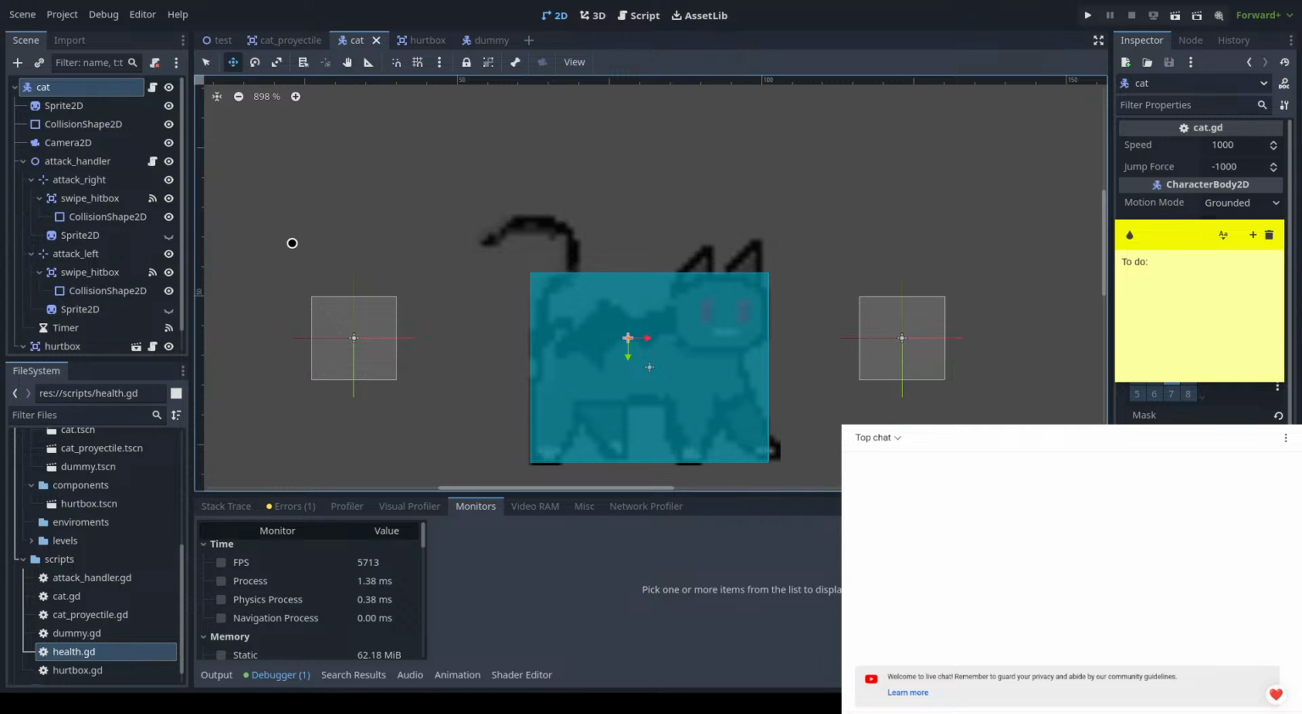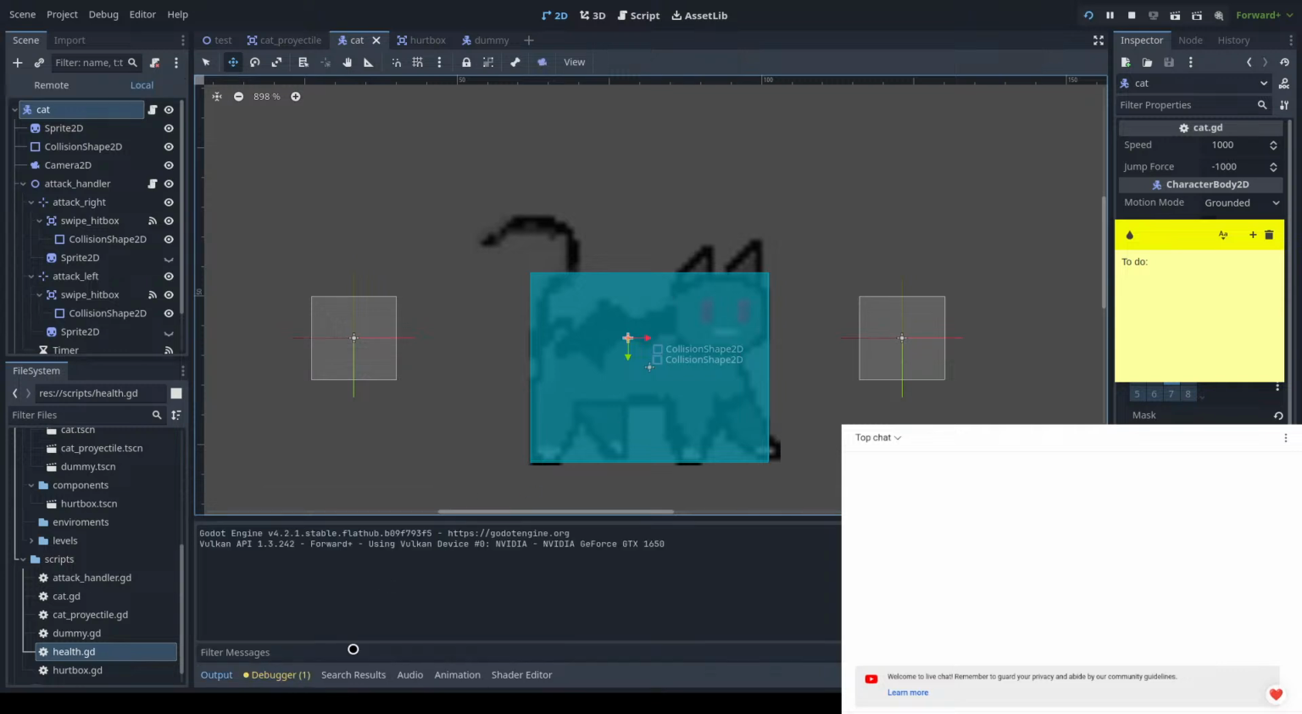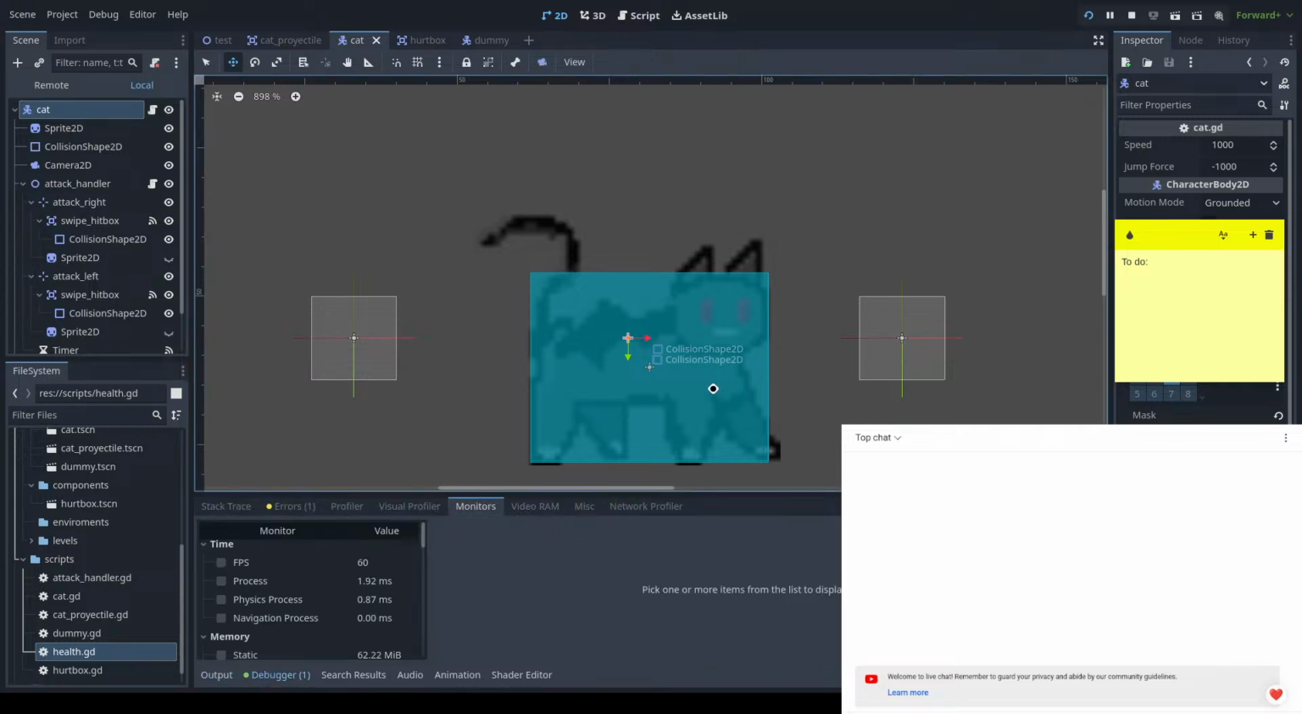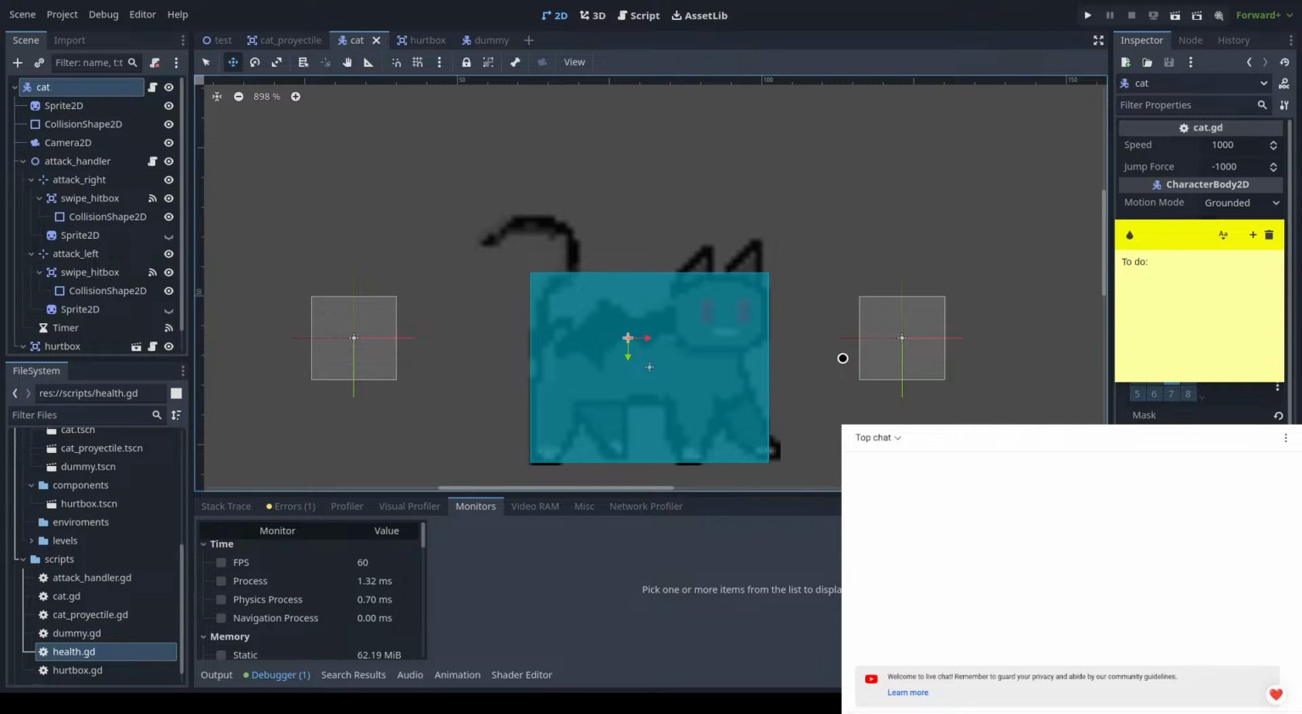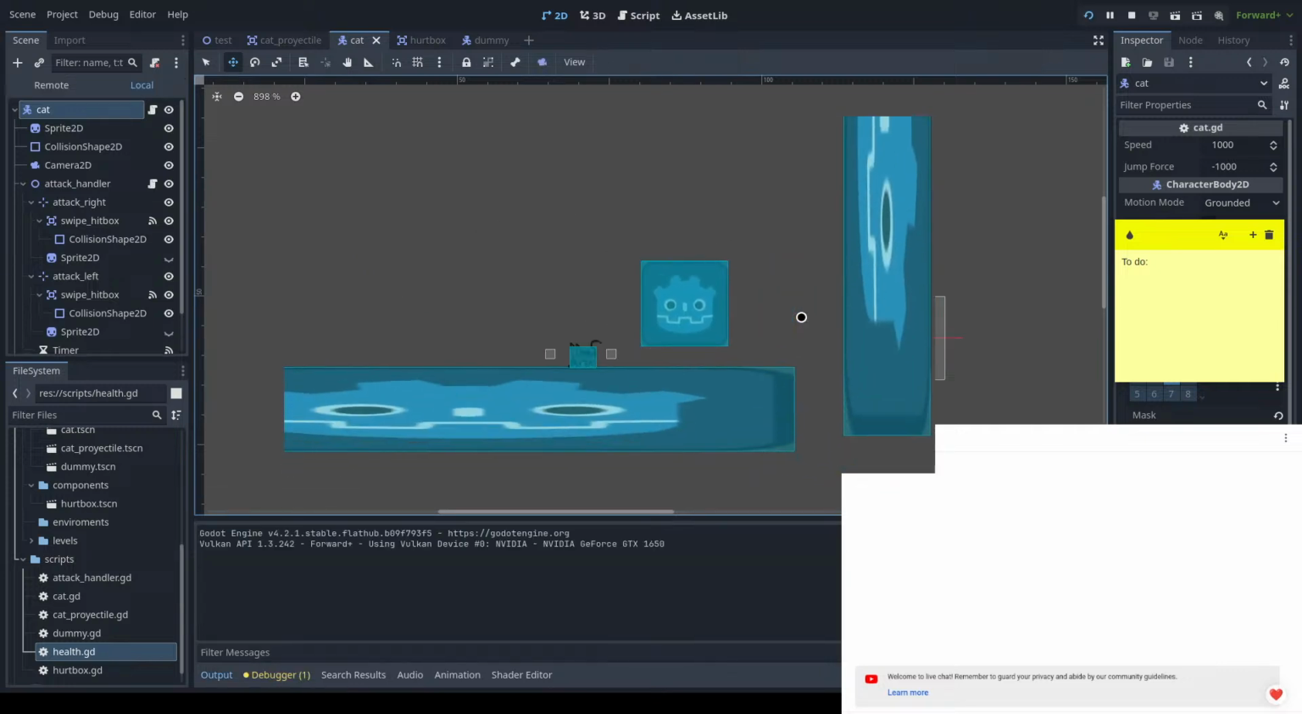So, settings, application, run, max FPS. Let's set it to a healthy 60. Just casually running 5000 FPS like it's nothing. There we go. And in theory, in theory,